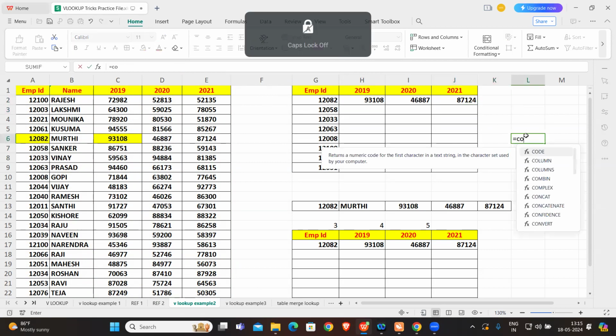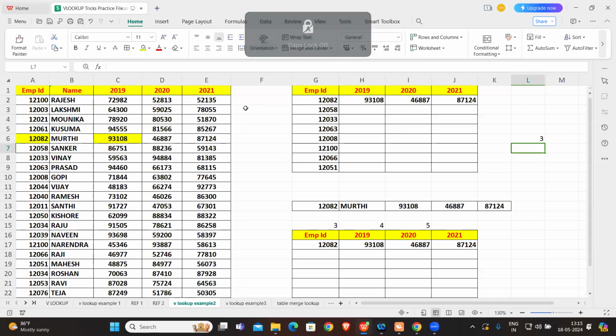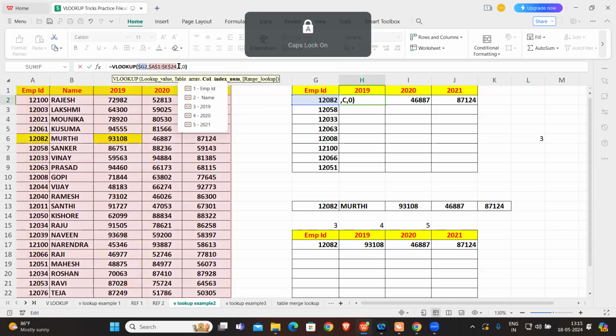Here we have the concept of COLUMNS. COLUMNS of, I am providing an array. It is asking for an array, right? So I am providing this array. What is the value we got? 5, because from A1 to E5 there are 5 values. Suppose I limit it to C1, we get 3, correct? So now that value I will incorporate instead of the static value, that is COLUMNS